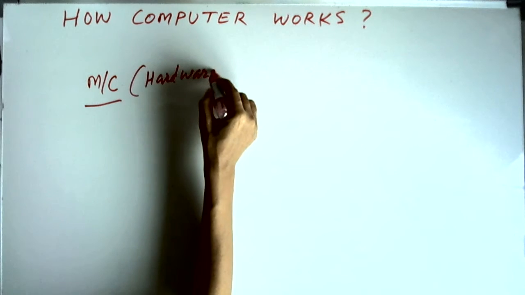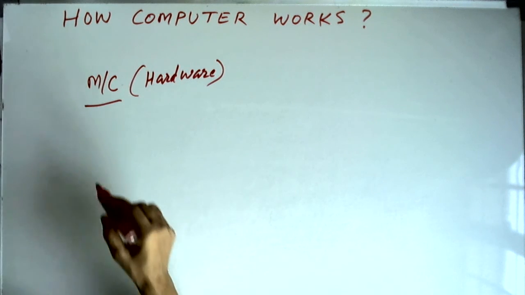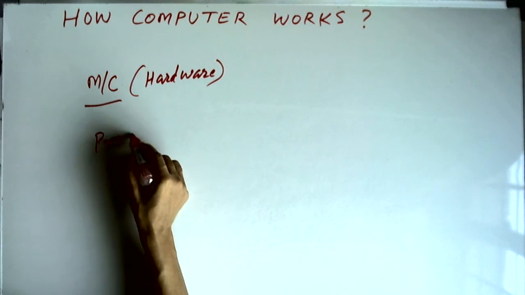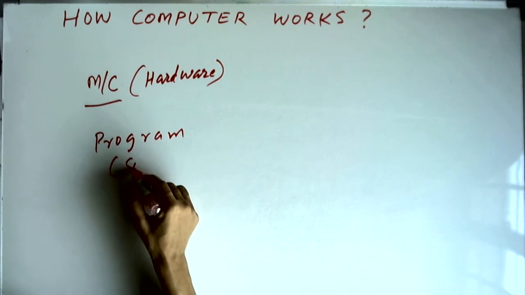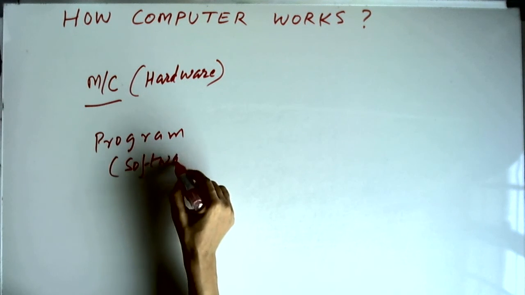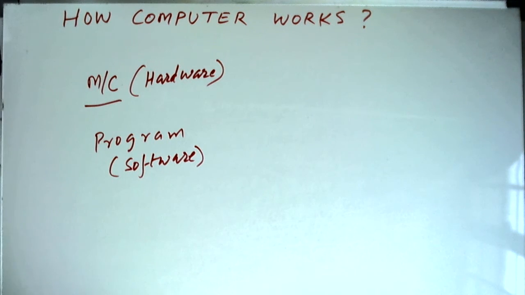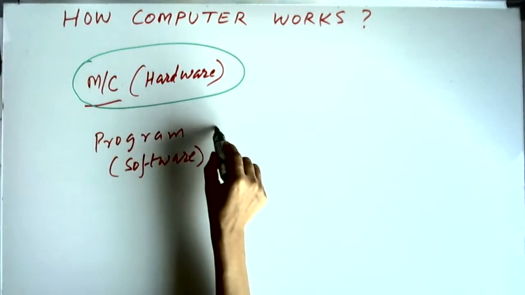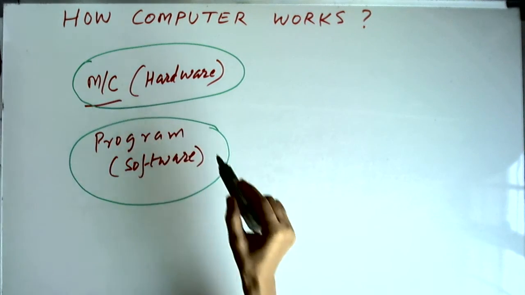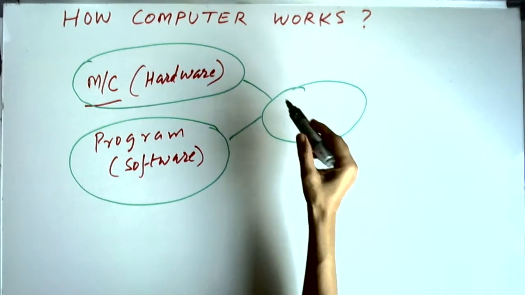And for this hardware to work, we need program, or this is called software. So the combination of hardware, which is just the basic machine, and the software, these two together makes this a